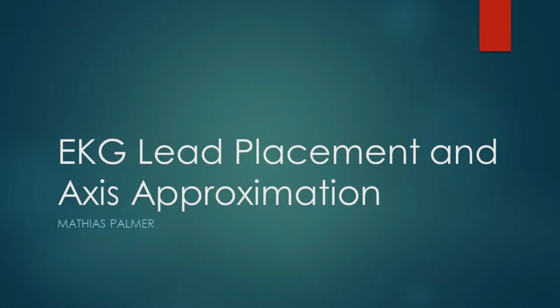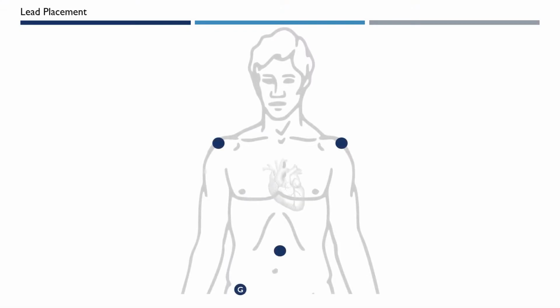My name is Matthias, and today we're going to review EKG lead placement and an axis approximation of heart depolarization. To begin, let's take a look at our leads. There's 4 leads, one on each shoulder and one on each ankle. And by alternating which leads are negative and positive, we're able to determine axes by which electrical activity is detected